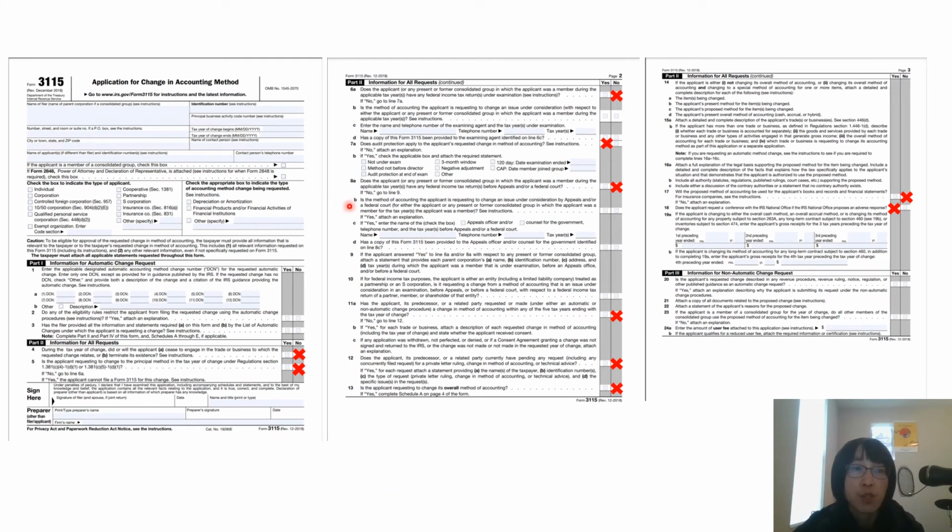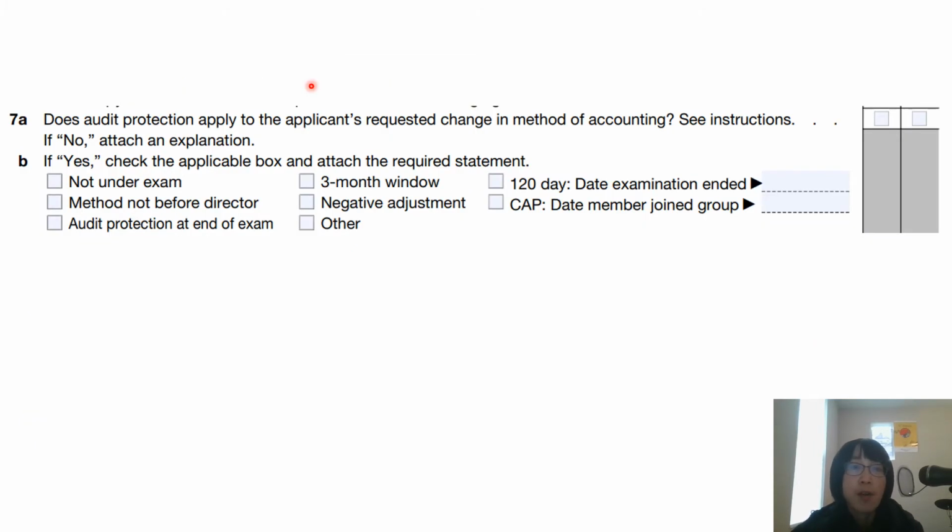Now we have come to the second part of this form. It's actually a very long part, but fortunately it contains mostly yes-no questions, so you just check the yes-no box according to your own situation, and that should be fine. However, there are a few tricky questions which need a little bit more work in Part 2. The first one is